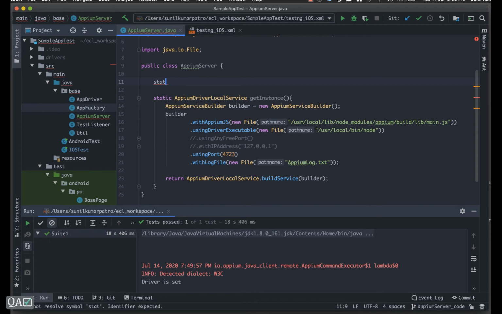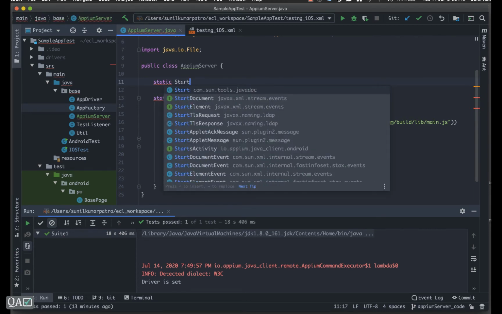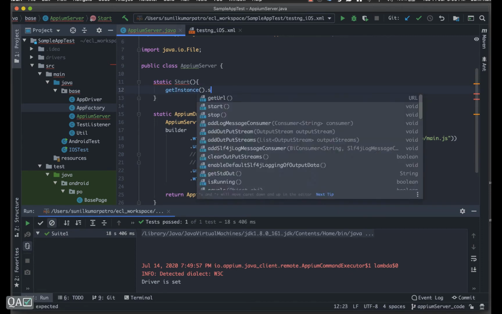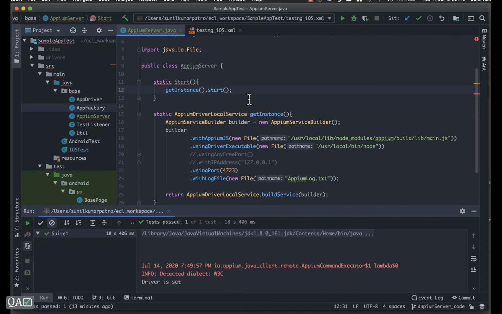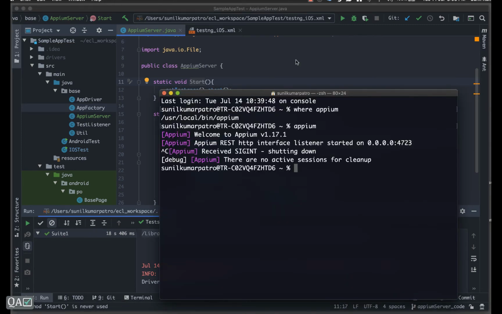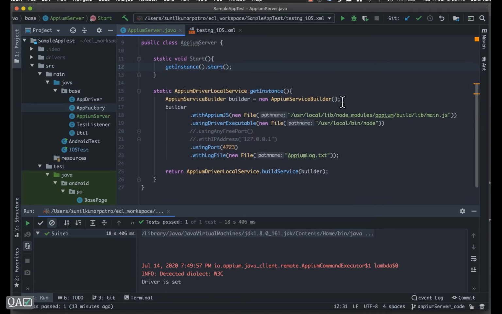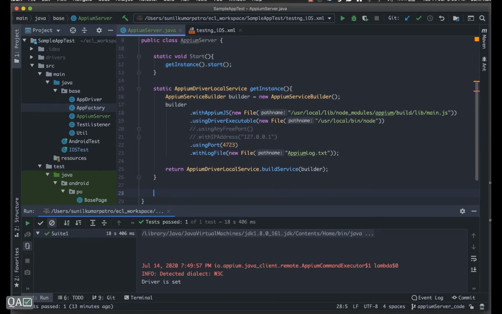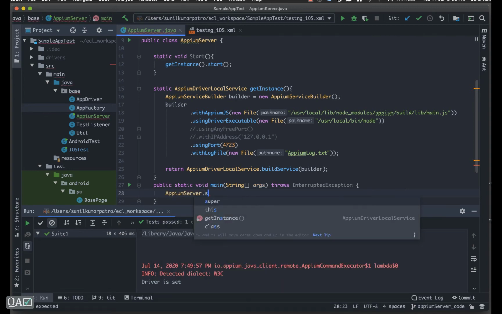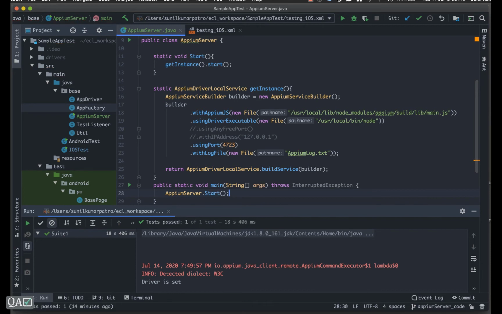Now once I get the instance, I can simply use another method, let's say static void start server, or simply start. Here I will get this instance dot start. Let me stop this by using Control C. Let me put in a main method so that I can show you properly. Because this is static, I can directly use dot start. And if I run this,